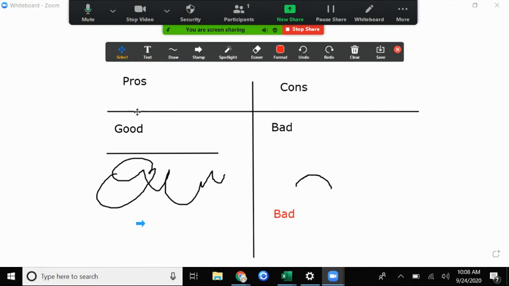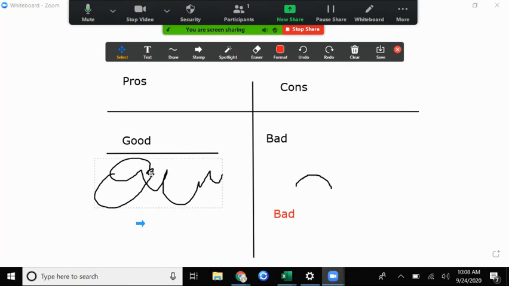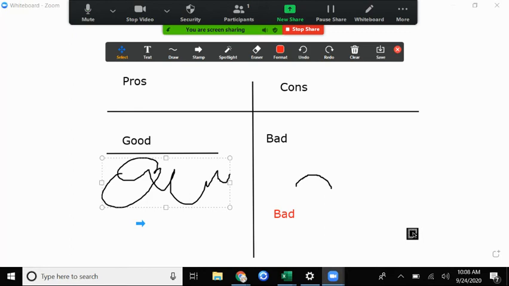And then if I need to select, this is where I can move things, right? So I'm here and I can move the good and bad around. I can move my signature drawing around. I can get really, really creative with how I do this. Now, really the possibilities for what you can do with this, I'm just demonstrating it right now so that you can see it in just Whiteboard for whole group instruction, right? If you wanted to instruct and you didn't want to use this collaboratively with your students,